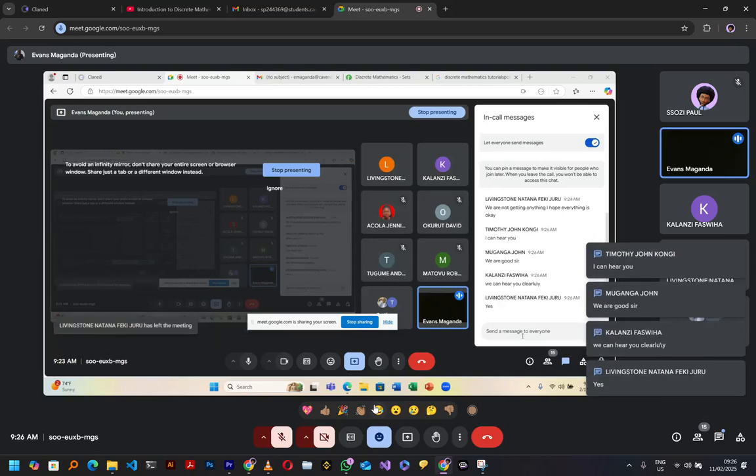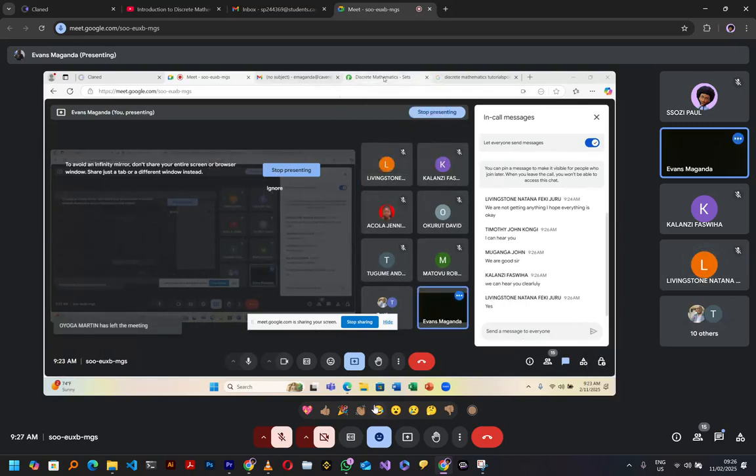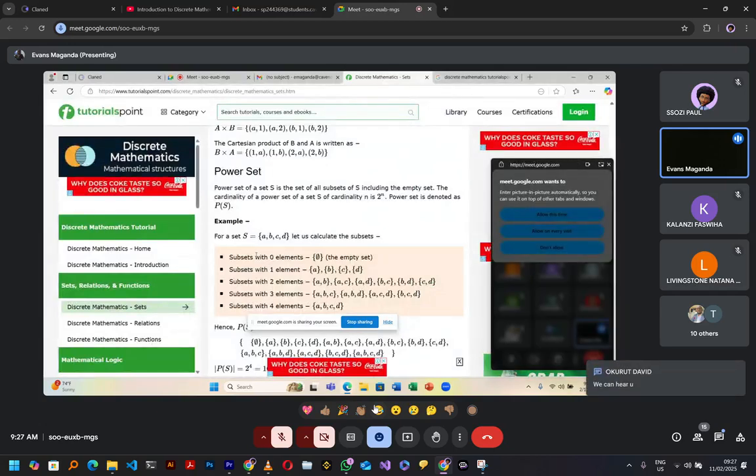Okay, so now we're talking about power sets. Where were we? So we are saying that the power set of a set S is the set of all subsets of S, including the empty set. The cardinality of the power set of S is 2 to power n. So we're seeing an example of power set of S having A, B, C, D. How do we calculate the subsets? Now remember that when we talk about power set, we're looking at all the